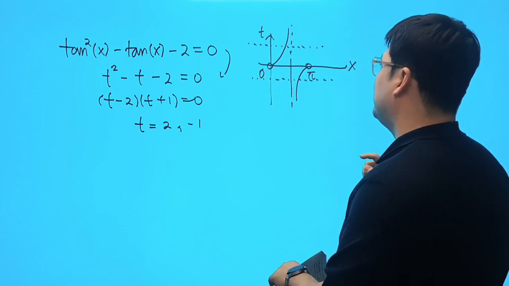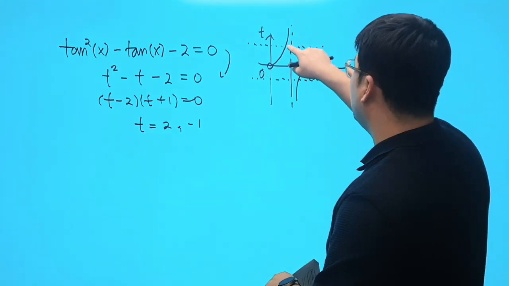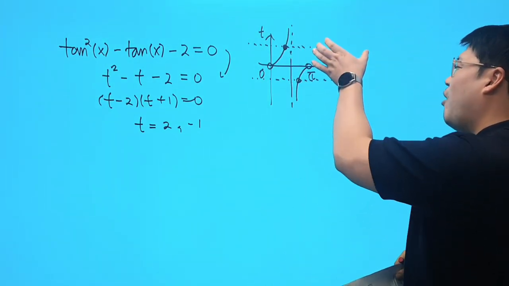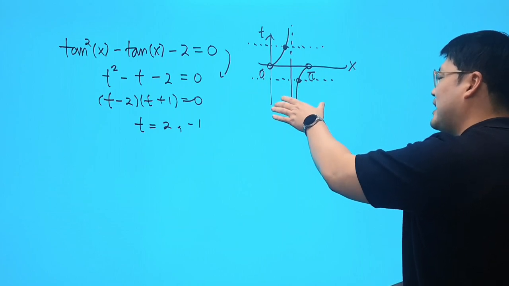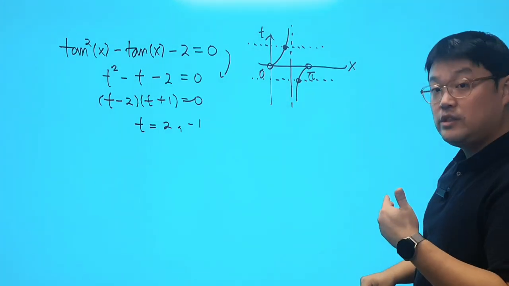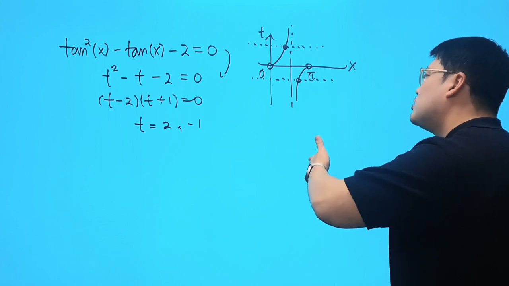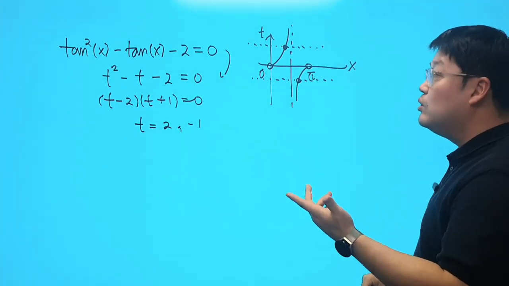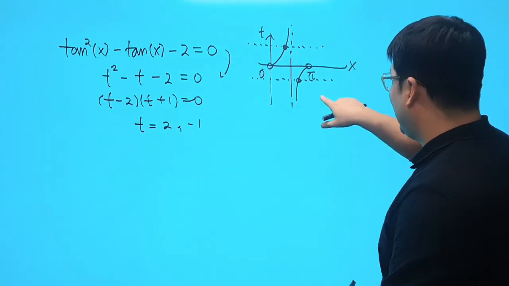Do we find any points of intersection? Yes, we do find some points of intersection. We get one point of intersection and another point of intersection, and they all stay within the open interval from 0 to pi. And thankfully, it's not crossing x equals pi over 2. So I would say we get 2 solutions in this case. So the answer becomes